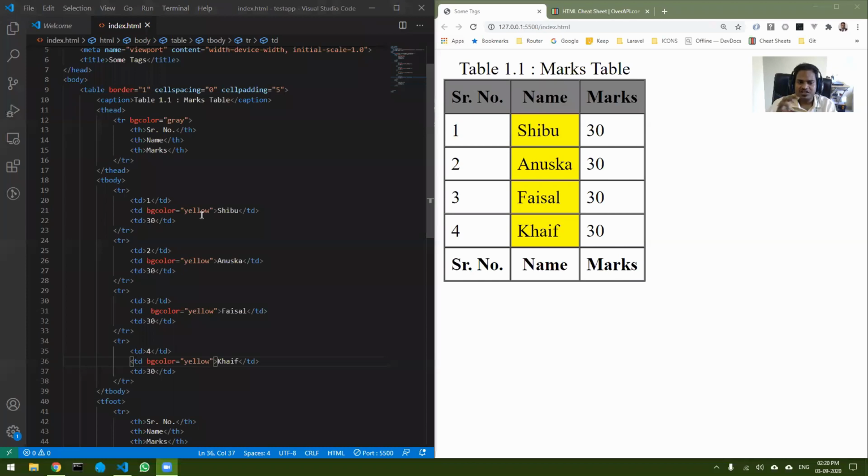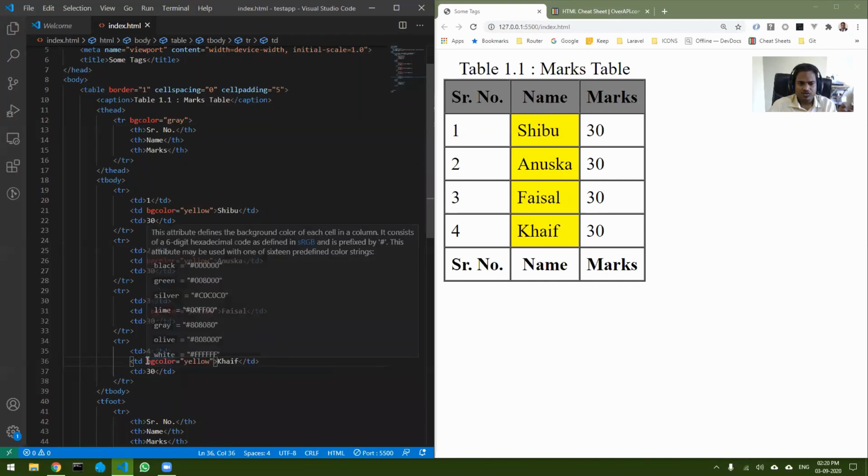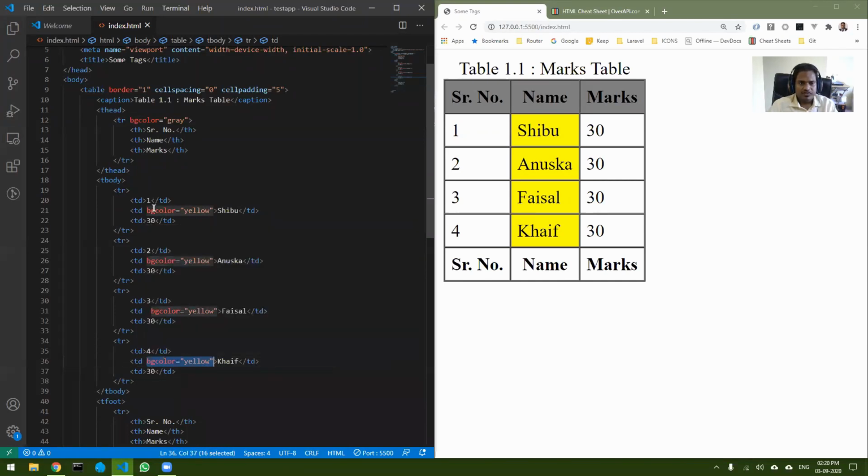Your PHP is generating the table. Then in that case, new entries may not have bgcolor yellow, right? So new entries will not have that color. So that is the problem. There is a different, simple way of doing this that I will show you. I will first remove all these things.